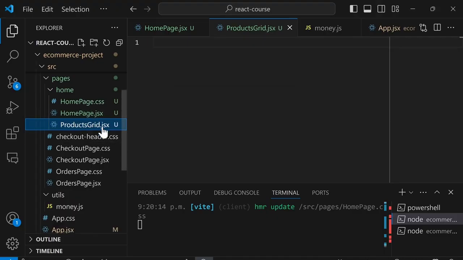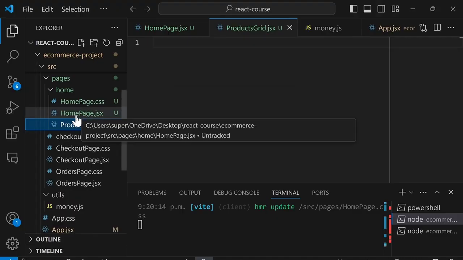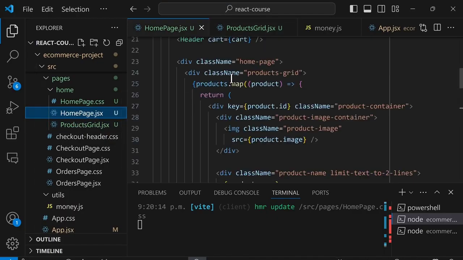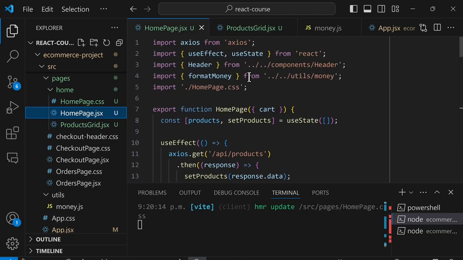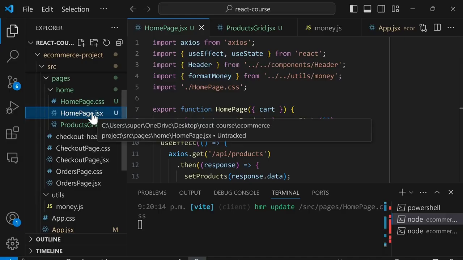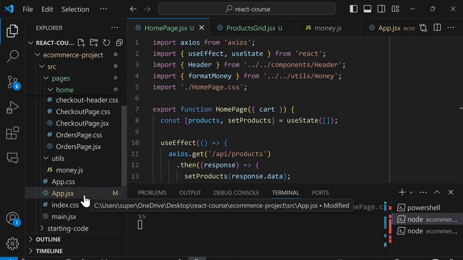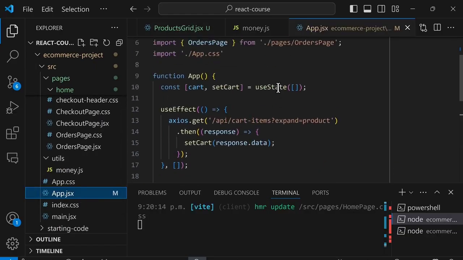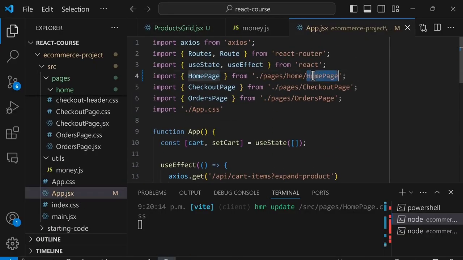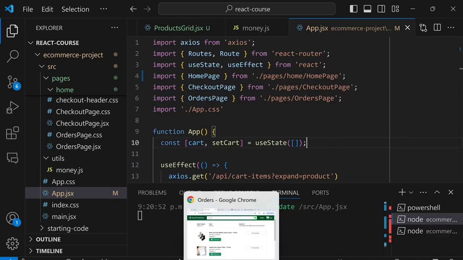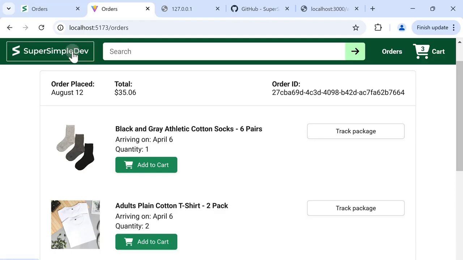And whenever we move files, we need to make sure the imports are still correct. So in homepage, I'm going to scroll up, and we should make sure that we have two dots and slashes in front, because now we're inside an additional folder. So that looks good to me. And we're also going to go to app.jsx and scroll up and make sure that the home page is now inside the home folder. So now let's save and check our website and go to the home page to make